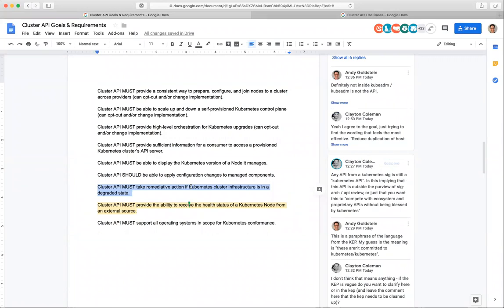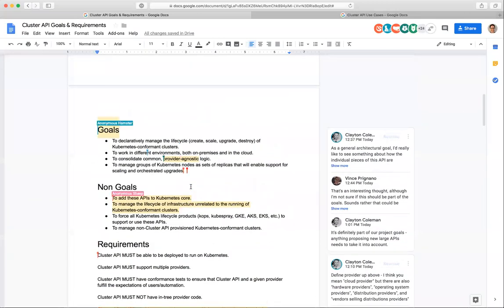Okay, Justin? I was going to suggest, I don't know whether it's a goal or a non-goal, but I think one of the problems we have is there's this feeling that people have that we're trying to do everything. So the goal that I'm proposing would be to integrate with other components in the ecosystem where it makes sense. And the non-goal would be to redefine everything that other components are doing. So this is specifically node problem detector. We shouldn't re-implement node problem detector.